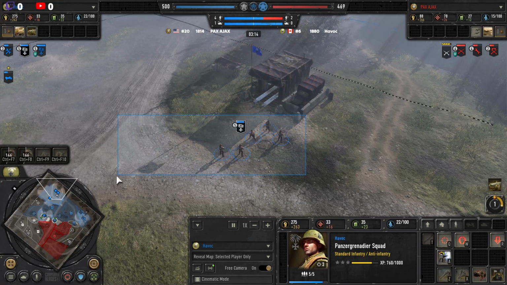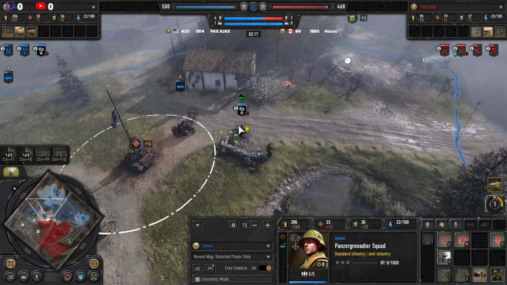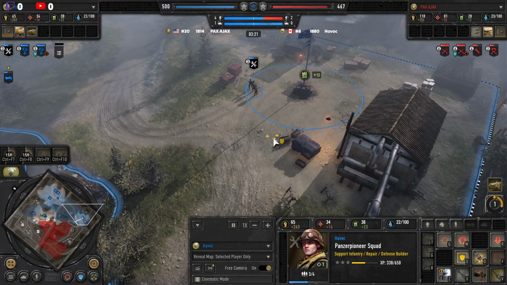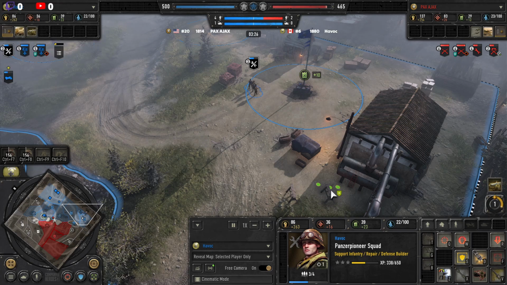Because I did an early retreat on this PG, coming back out of base should be... I'm actually a little bit slow in pulling that back out. Panzerpio here on the right-hand side. I'm waiting actually for the munitions to plant some